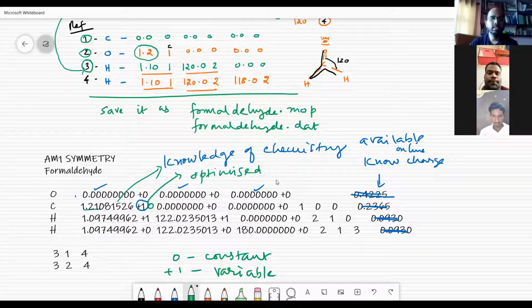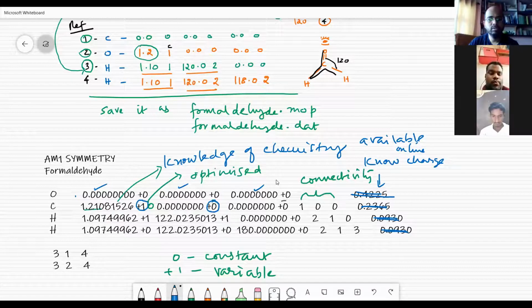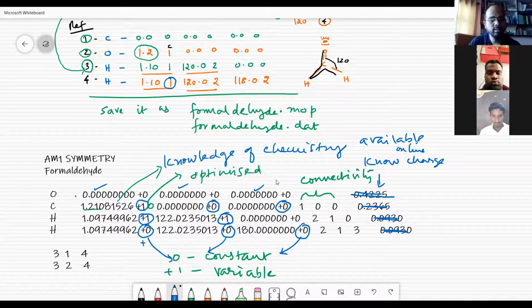Remember, all our research works, all our things are only between variables and constants. So here, these 3 atoms, I am writing it as a connectivity. These are all optimization. 0, 0. Here you have +1, +1. So this 0 means it is constant. This is 0, also constant. This is also 0, also constant. But I can change it. I have put only 1 here. So I can just put it as +1, +1, and +1.